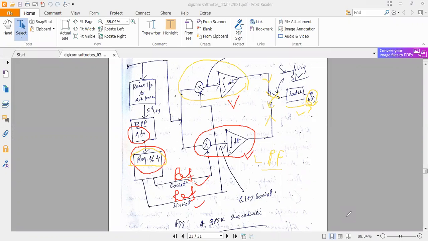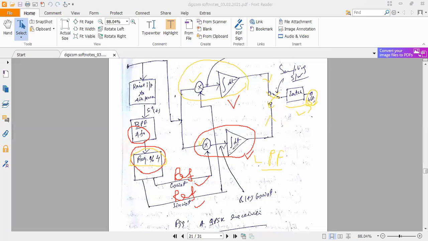After that, over there we had only cos omega 0 t. But here we have two frequency components, cos omega 0 t and sin omega 0 t, so we get two reference signals: cos omega 0 t to detect the even signal and sin omega 0 t to detect the odd signal. So it is a balanced modulator, a product multiplier here also, and that product goes to the input of the low pass filter. The low pass filtering action I discussed in detail in the BPSK system also. So here also the integrator circuit is there.